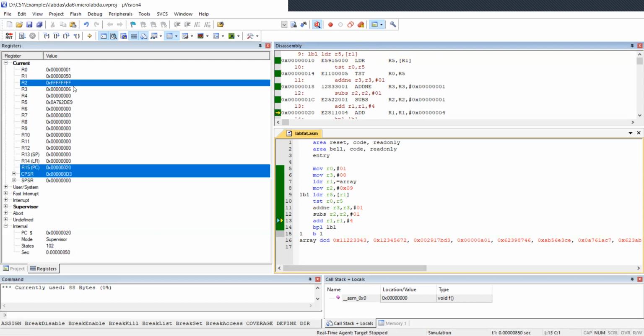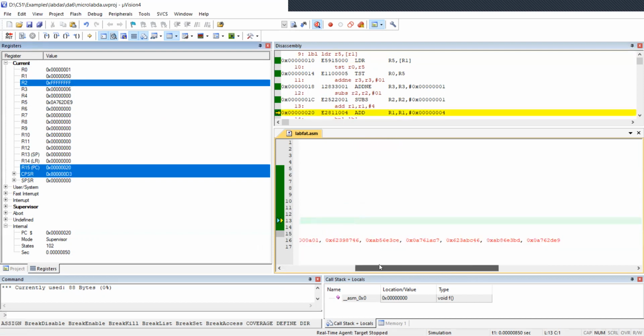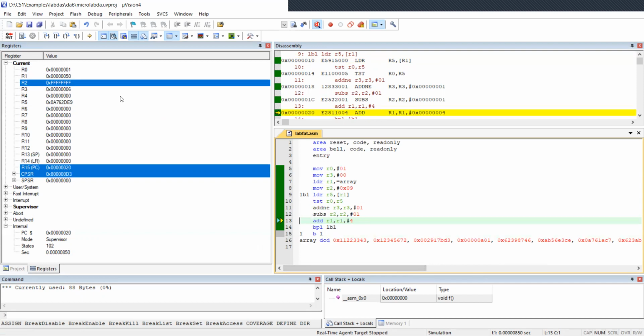As you can see here, R2 has become 0, and we have 6 in the R3 register, which means we have 6 odd numbers now. So this will be the change in the code.